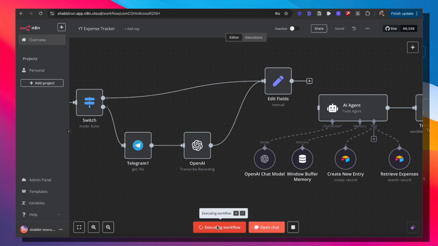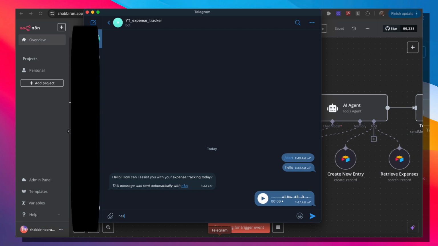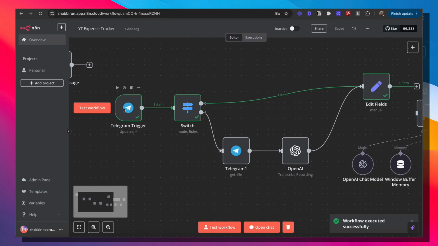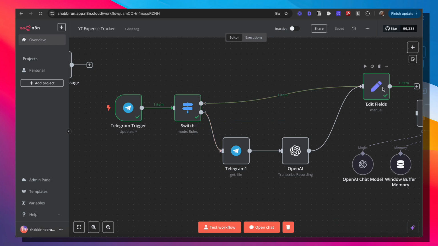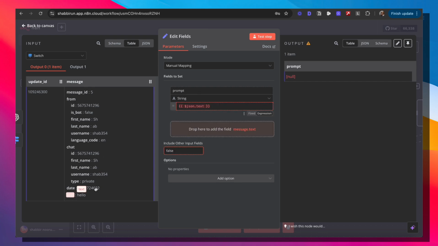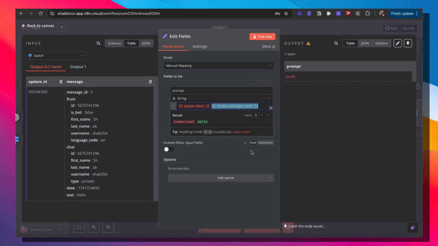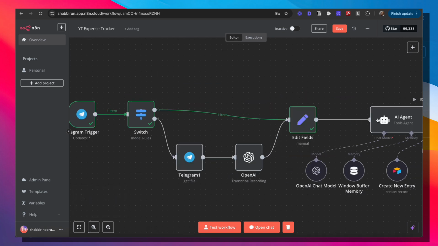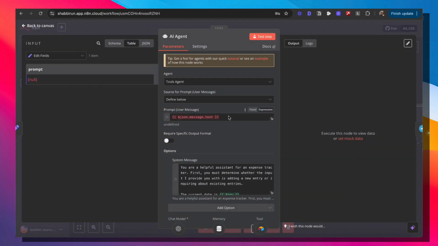Let's go back to test workflow, and we need to get data from Telegram one more time. So I'm just going to type in hello, and we'll see that we have indeed received data in Telegram. We can go back to edit fields now, and the next field we want to add here is text, hello. So we can go ahead and drag that. Perfect. This is fine. We can then go ahead and hook this up to our AI agent, and instead of